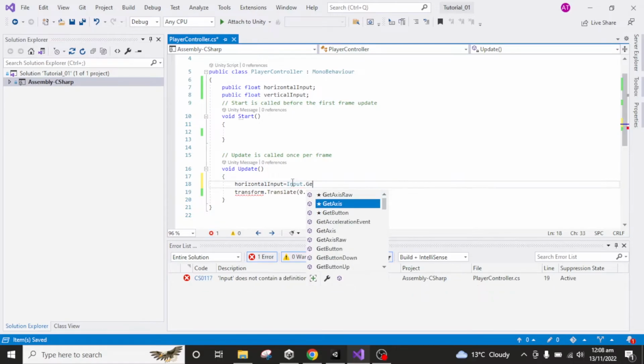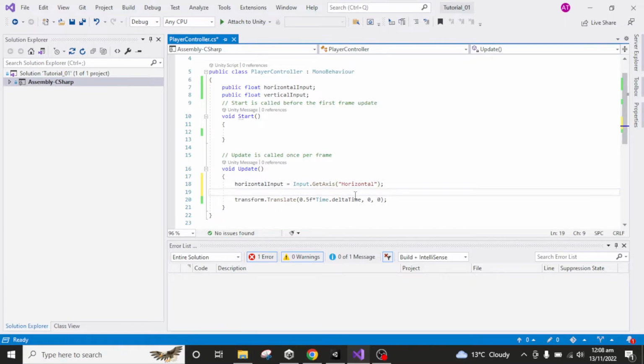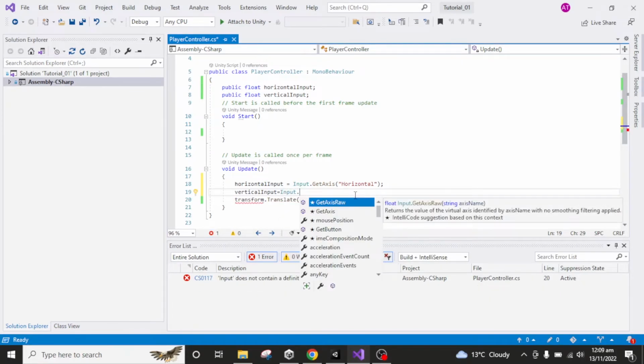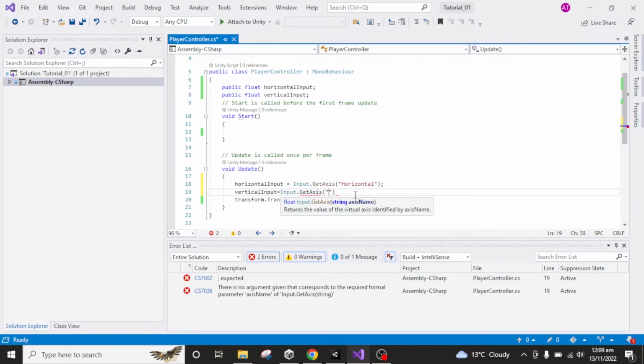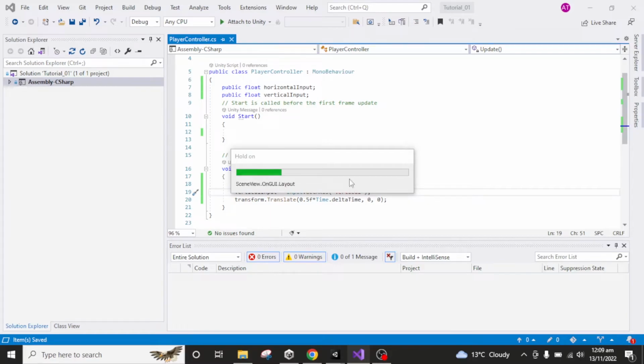Input.GetAxis, and inside it I'm going to put the string name, which will be "Horizontal". Alright, same with the vertical input, equals Input.GetAxis. We will get into GetAxisRaw later, and for now we are only using GetAxis. Alright, press Ctrl S, and if you look inside the inspector panel, let me tell you why